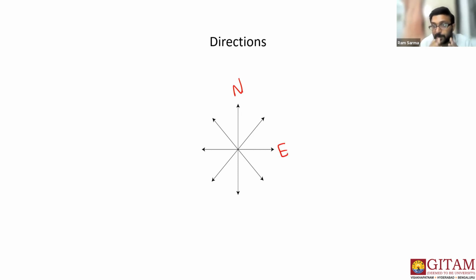When you're working on a paper, the direction we face is north. Clear? The direction towards your right is east. Let us remember these two. Once you're done with these two, we can easily identify the remaining directions. We know that the direction opposite to north is south, the direction opposite to east is west, and the direction between north and east is said to be northeast. So this is southeast, this is southwest, and this is northwest.